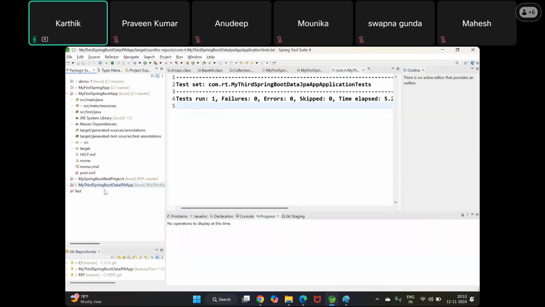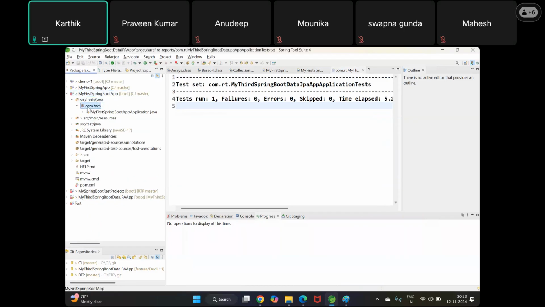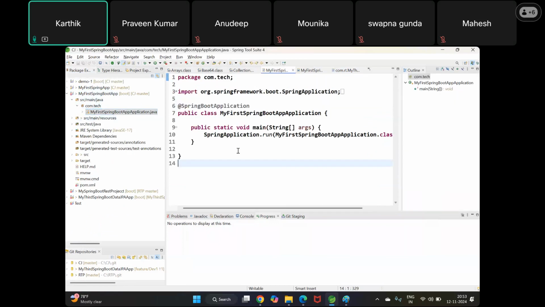This is the Spring Boot structure. Observe carefully here: com.tech is the package name you already created while creating the project. If you can see here, there is one class present, already generated: public class MyFirstSpringBootApplication. It came inbuilt with Spring Boot,